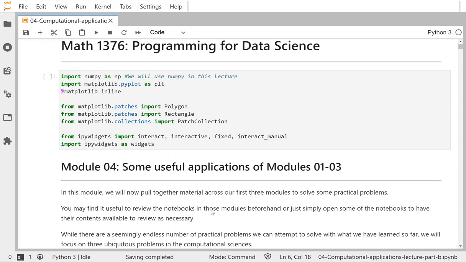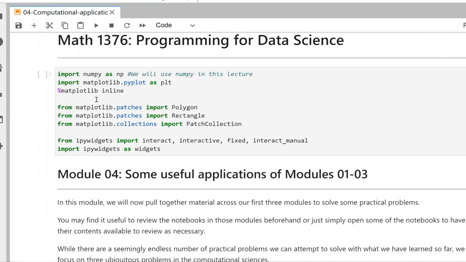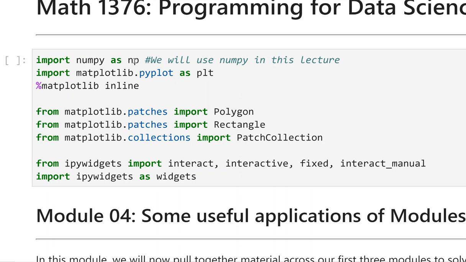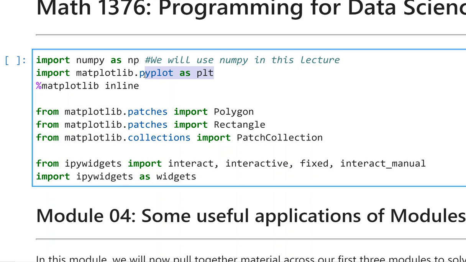Welcome to this first recorded video for the Part B lecture notebook of Module 4 on some useful applications of Modules 1 through 3. So this lecture notebook will focus on numerical integration. In this notebook, we will use NumPy as np to do most of our computations. We will use matplotlib for a lot of plotting, and we will use polygons and rectangles within the patches of